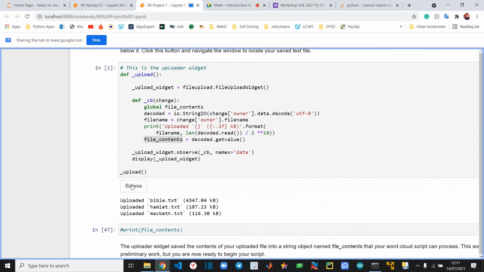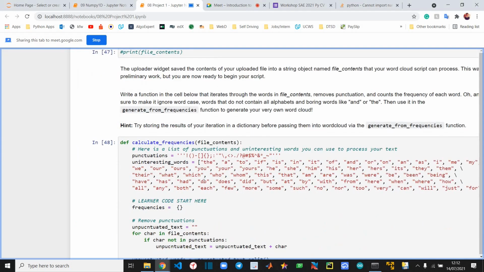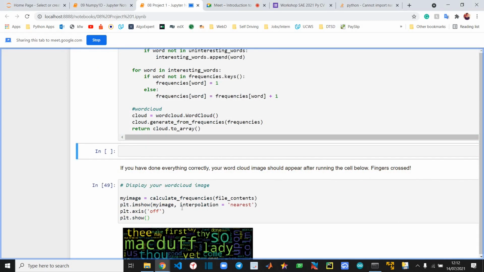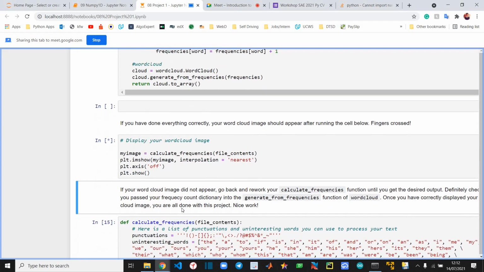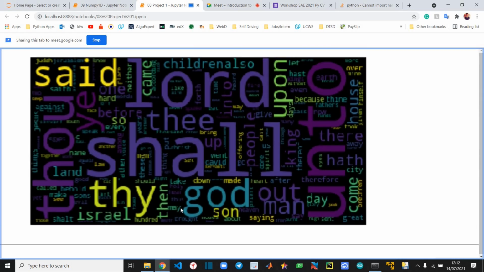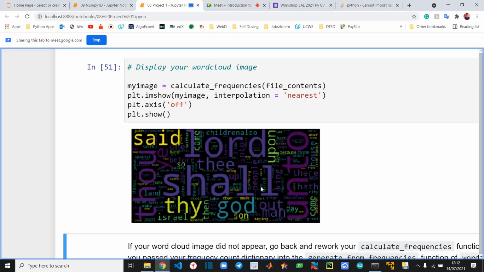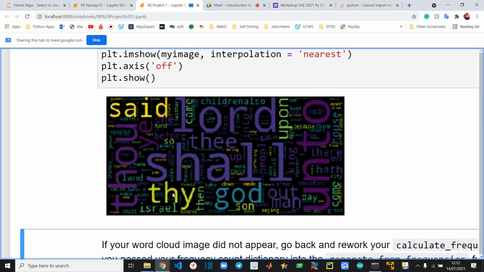Let's see the Bible. What are the most common words in the Bible? Okay, open. You can appreciate how fast this is happening, because we know how much time it would take to do this manually. If you have heard anything about it, you can agree that these are the most common words, like shall, thou, God obviously, said, children, and Israel, children of Israel. It talks a lot about the children of Israel. Yeah, son. Just maybe New Testament.